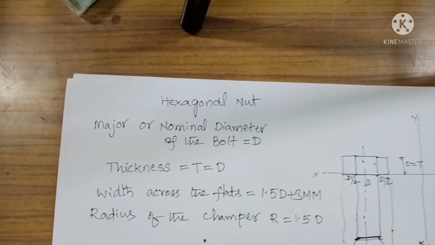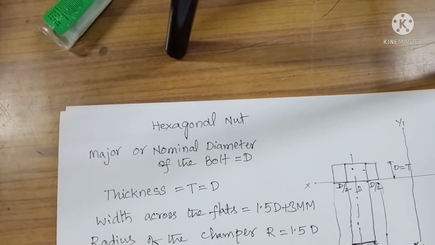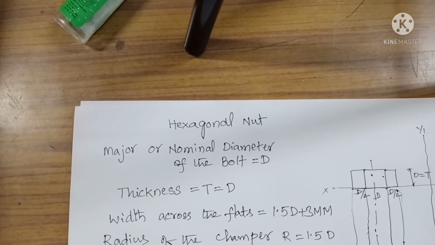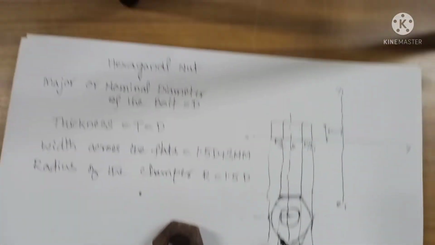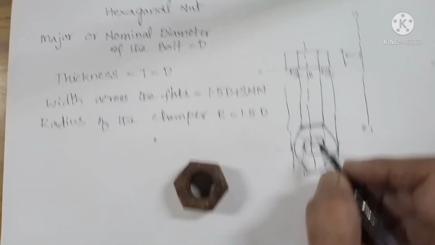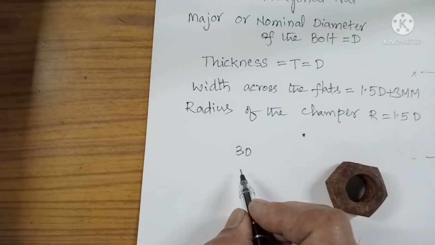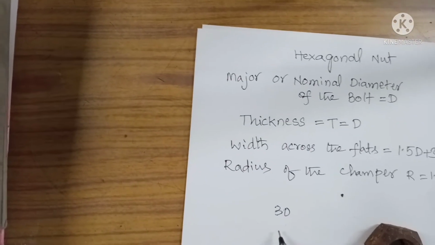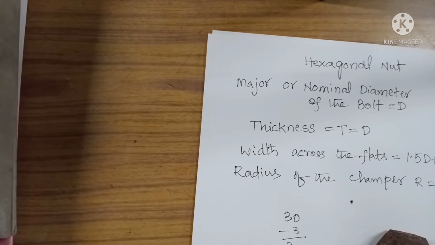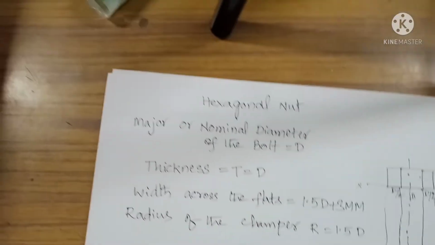Then draw the 45-degree line over here. Then take this as the radius and draw the chamfer line like this. Then, if it is 30, we are having the threads. Let us say the pitch is 10% of this 30. That is, the pitch is 10% of 30, which means 3. Minus 3, the pitch, so the inside diameter of the thread profile is 27. Take 27 and draw one more circle which is having threads.